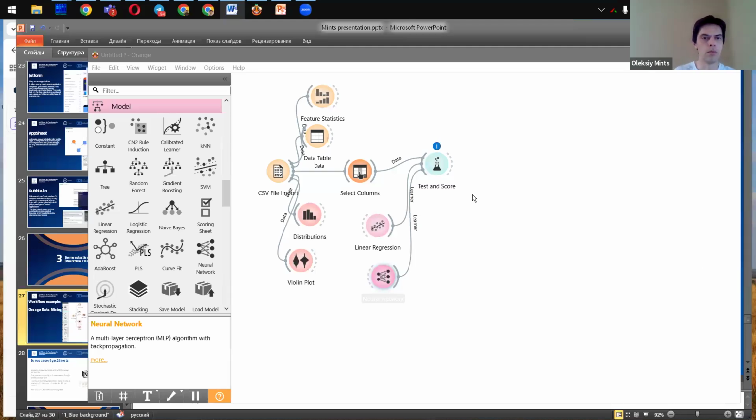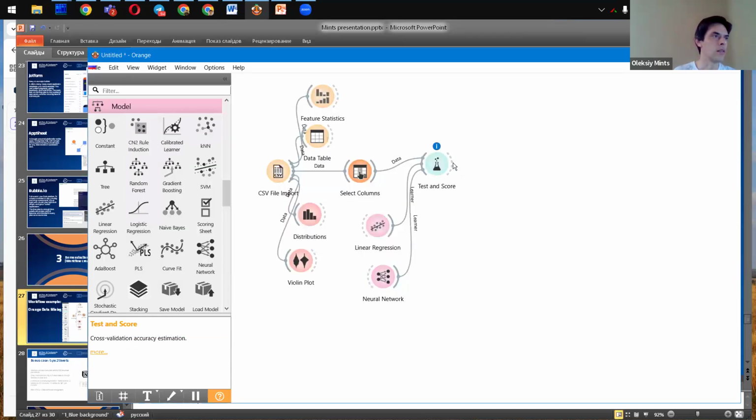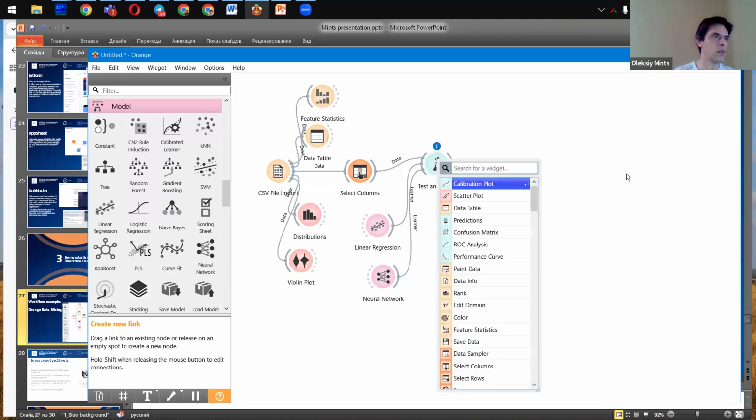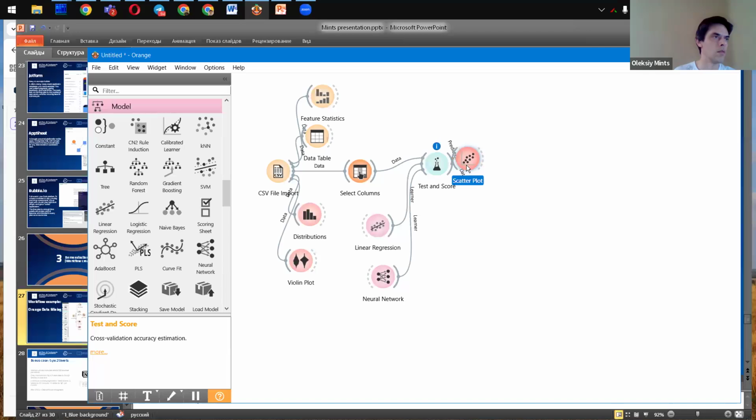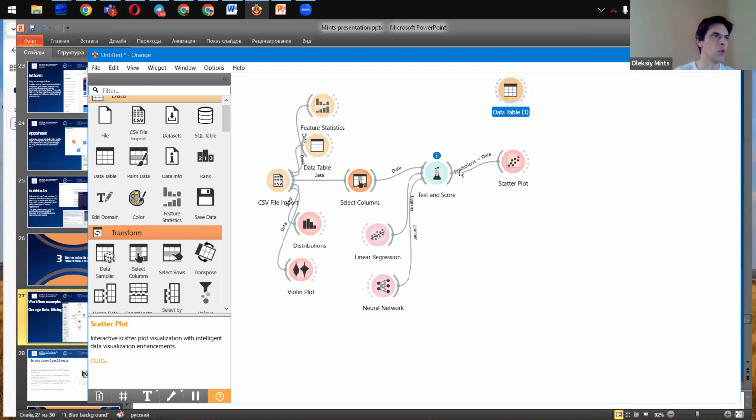So in a few seconds of training the models, I obtain the results. And now I can show the predictive abilities of this model in the test and score widget, or I can show the results with a scatter plot or with a data table.